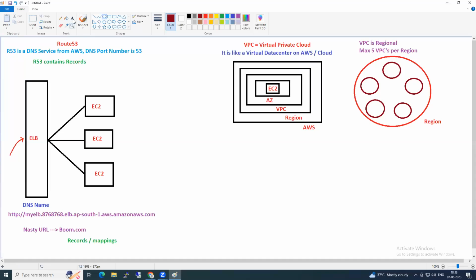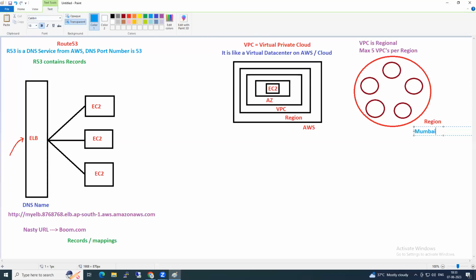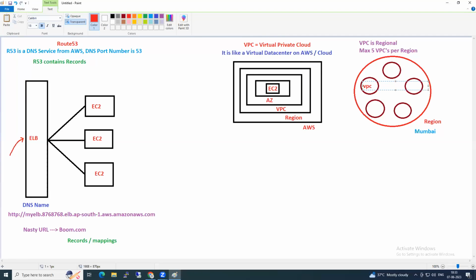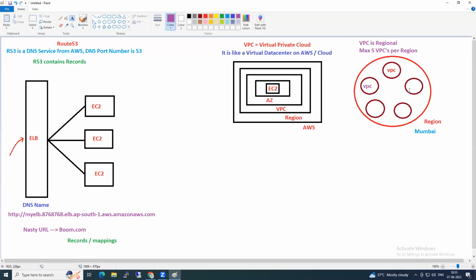So if I take a region called Mumbai, in Mumbai you can create 5 VPCs. VPC, VPC, VPC, VPC. I have 5.